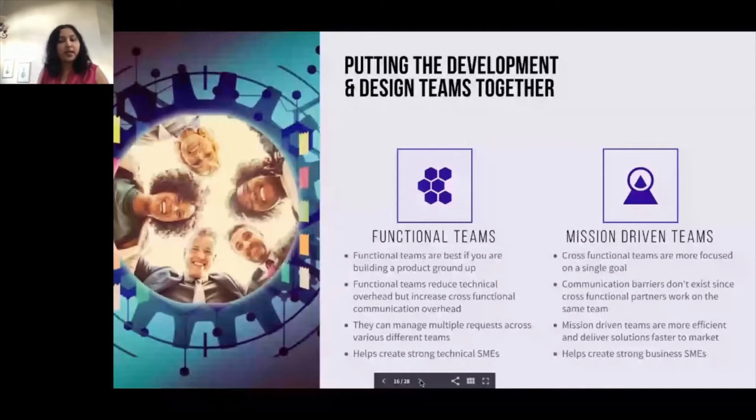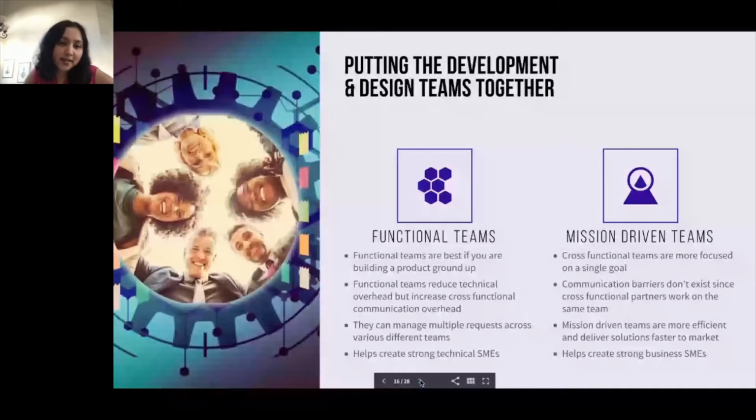And if this person leaves or has to go on a vacation, then you start to have a lot of communication gaps. As startups have been evolving, we see the second structure, which is the mission-driven team, being more common to form a team that drives better collaboration. So next slide, I want to talk about how we can aid better collaboration.